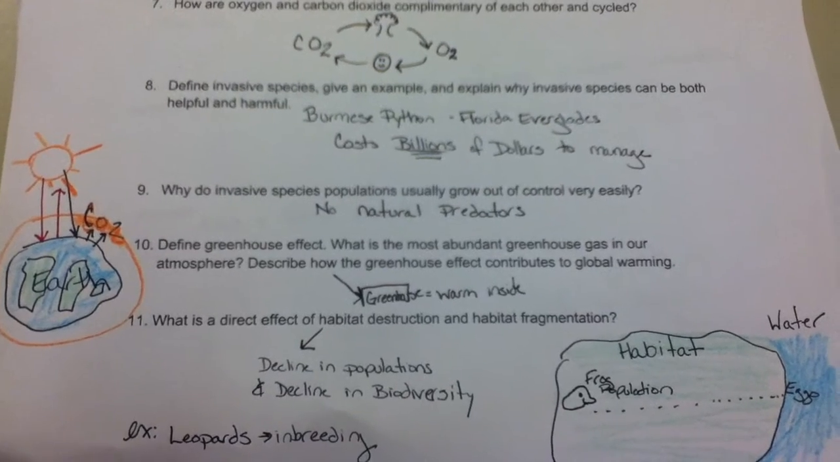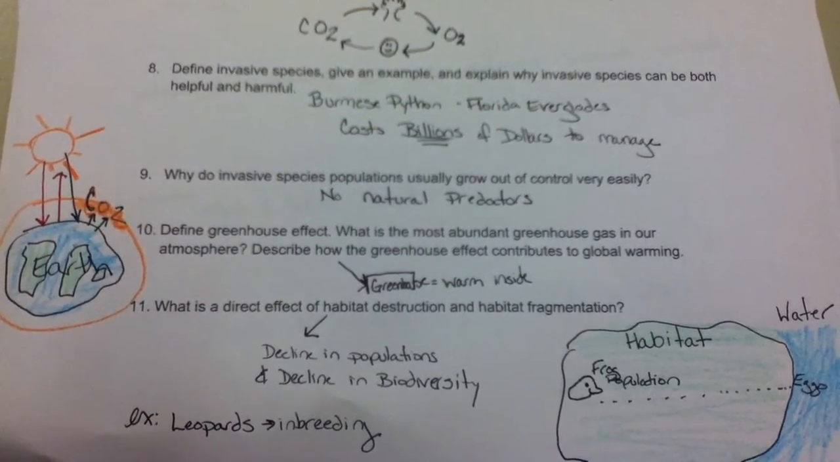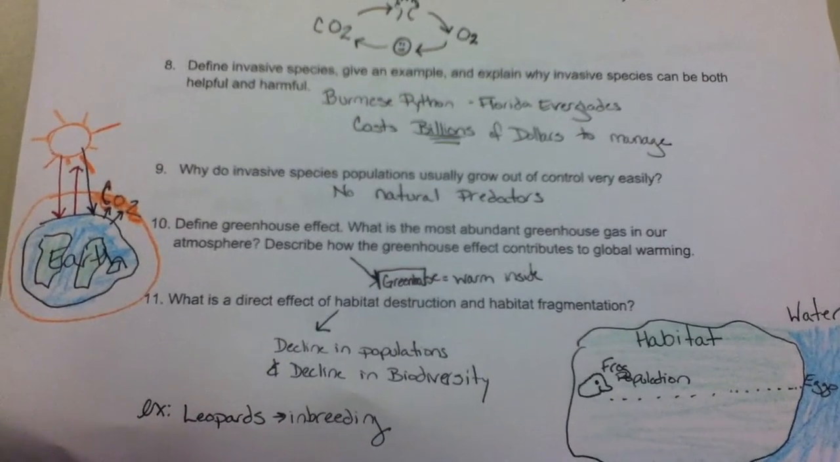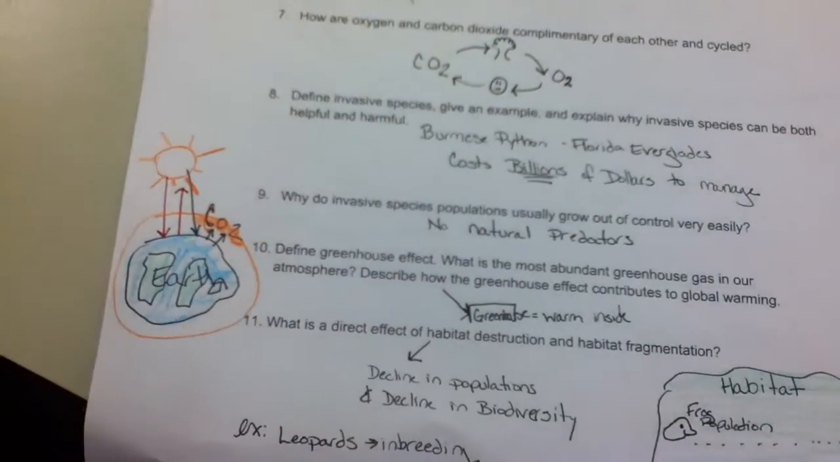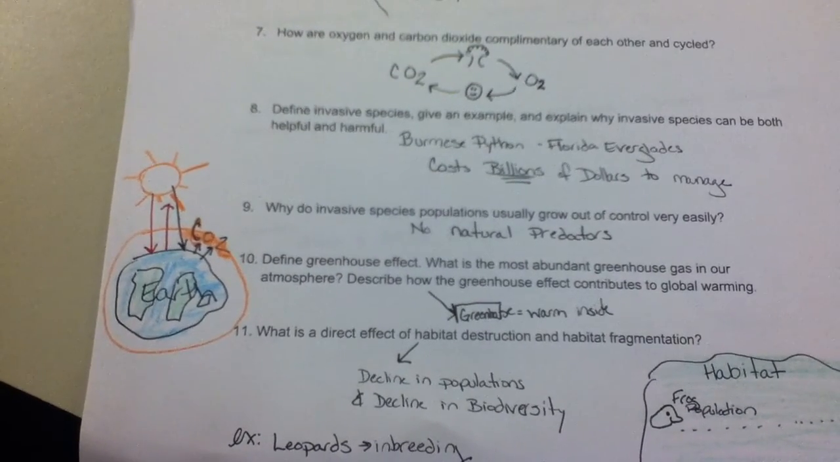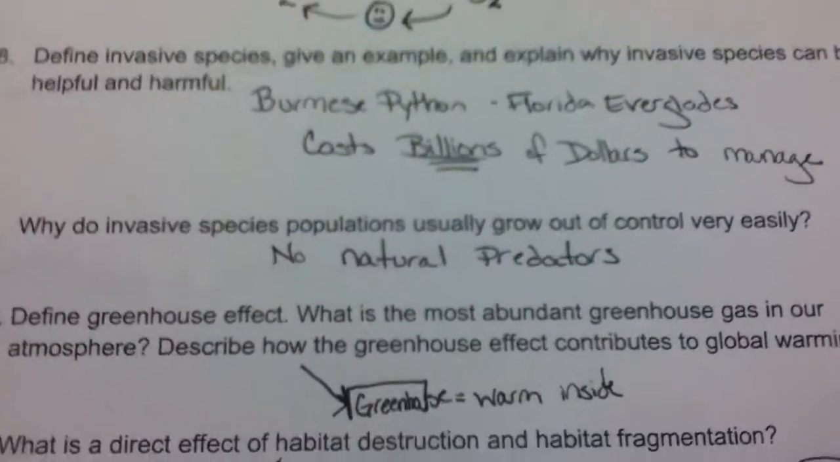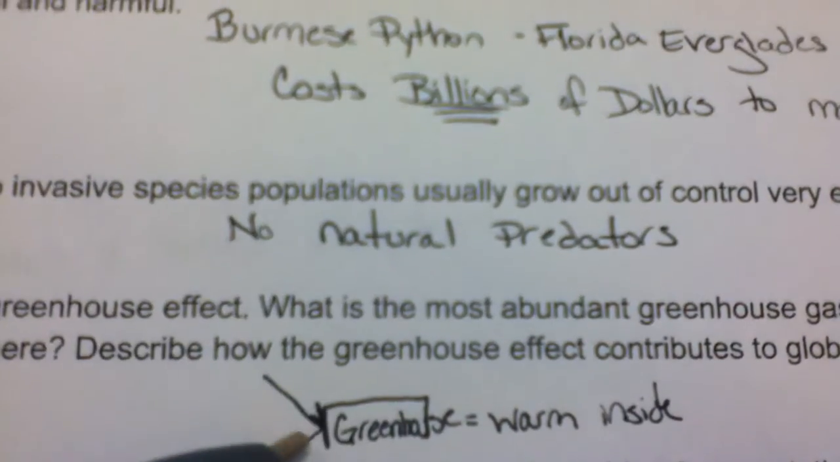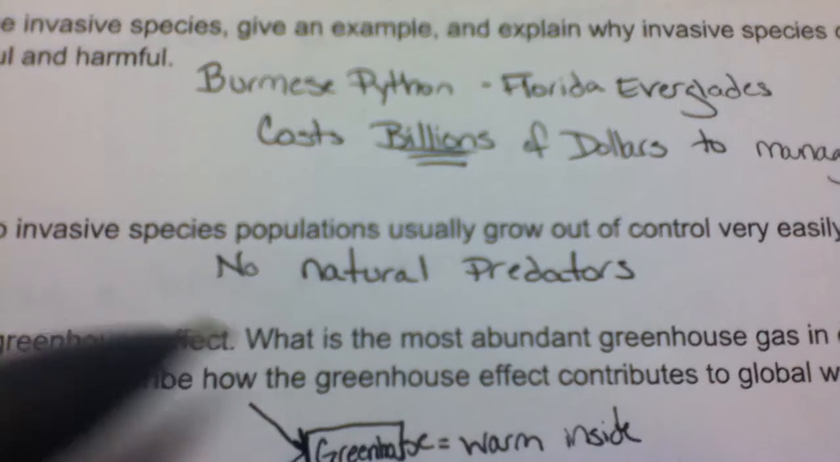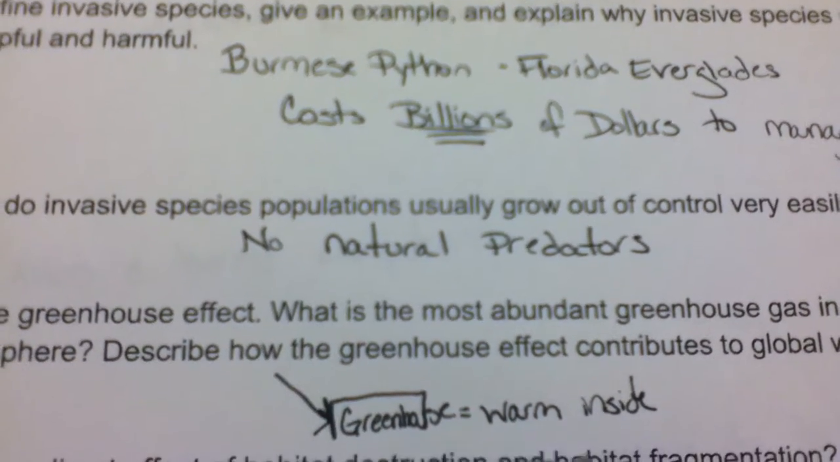Number 10, what's the greenhouse effect? What's the most abundant greenhouse gas in our atmosphere? And describe how the greenhouse effect contributes to global warming. Okay, so the most abundant greenhouse gas in our atmosphere is carbon dioxide. Methane is also another greenhouse gas. What happens here is, if you remember what a greenhouse is, it's where you grow plants and it's covered in glass, and what happens is the sun's energy comes in, but it doesn't leave, which makes it nice and warm inside the